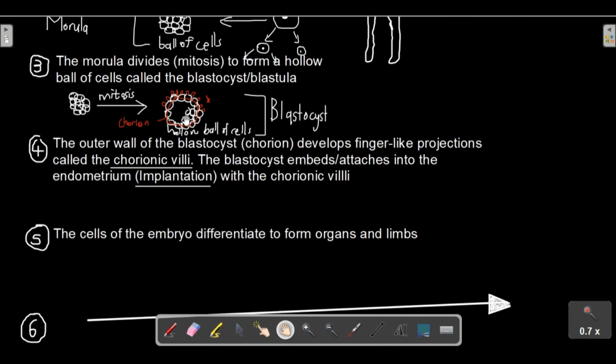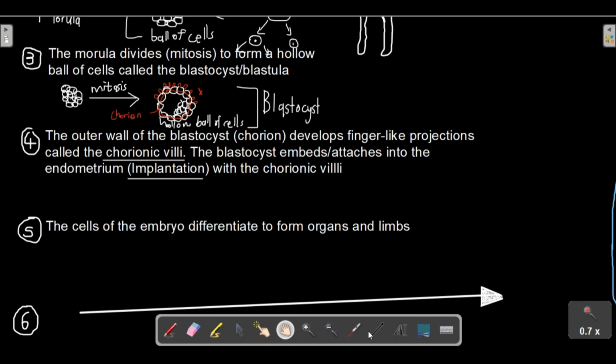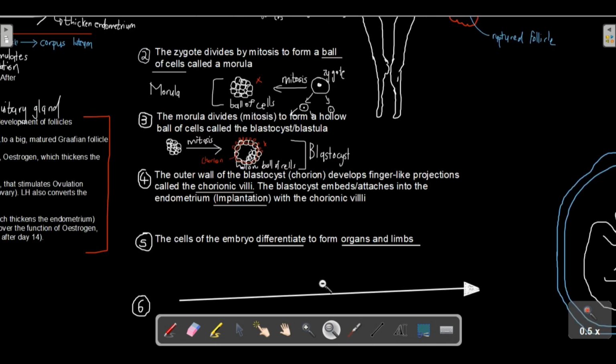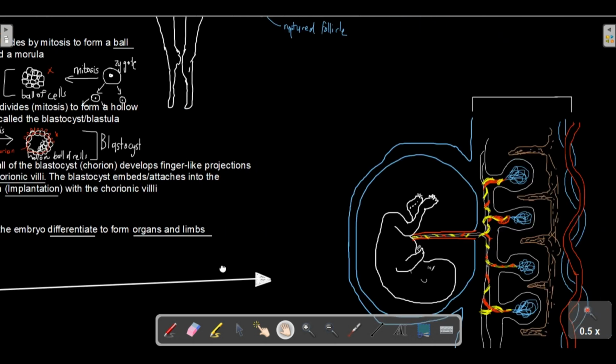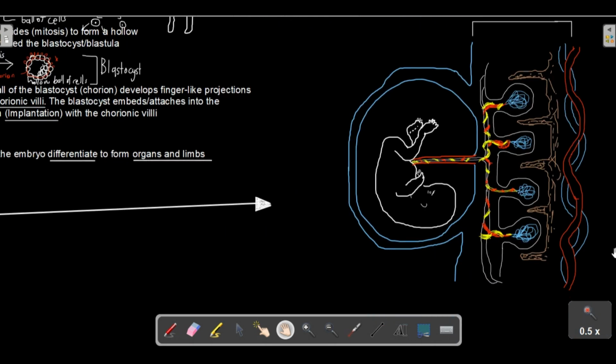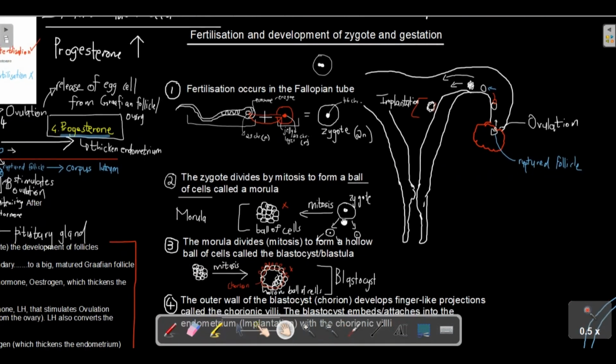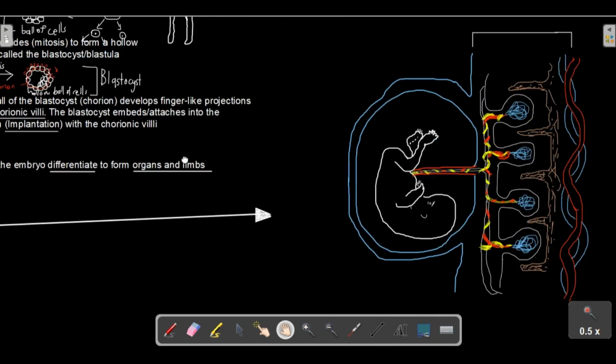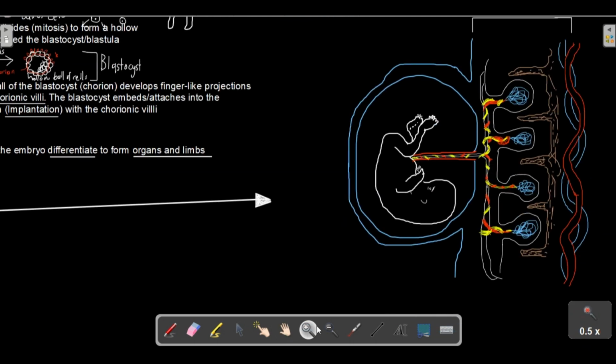They are made up of cells, stem cells that are going to differentiate to form organs and limbs. Now, from there on, guys, you have to know all the different types of structures that are important during the development of the fetus. That's why I have this diagram here showing all of that. The mistake we make is that we stop here at the blastocyst and we think that we are done with human reproduction. Well, you have to know all the other structures that develop after